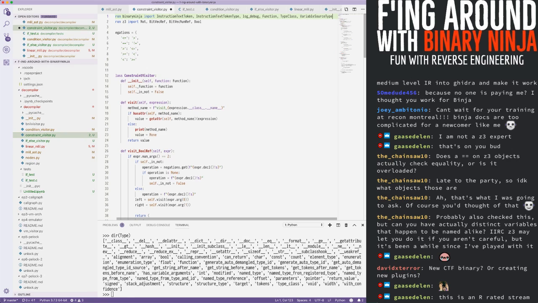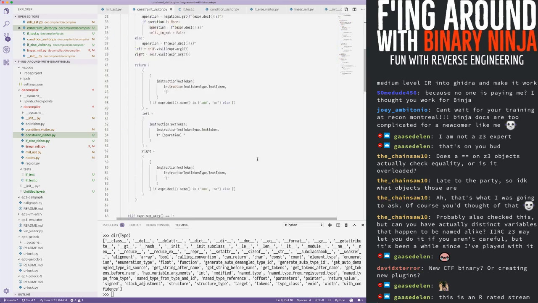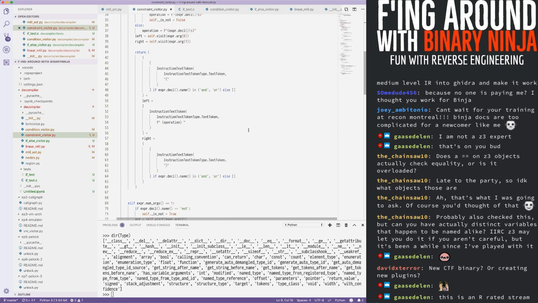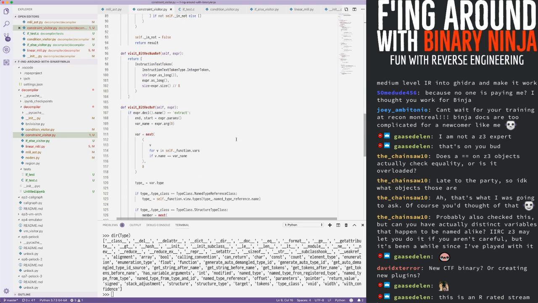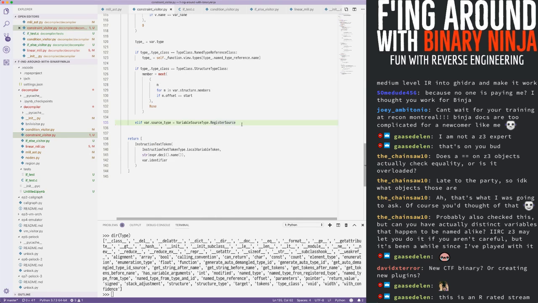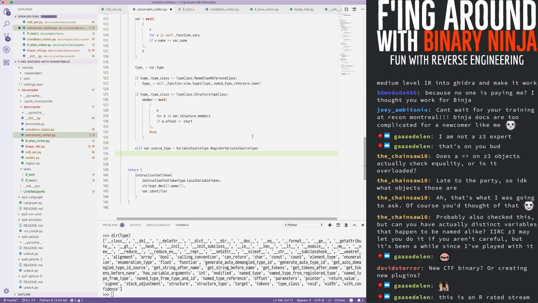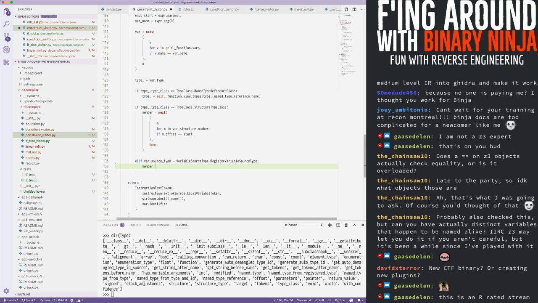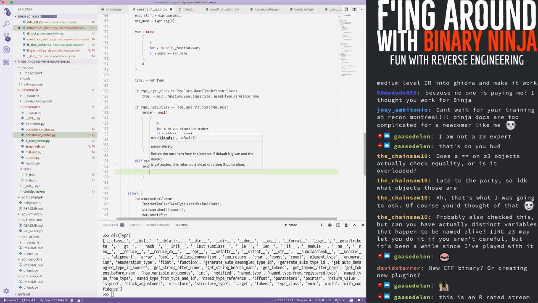Because this is the other thing that it could be. If it's not a structure, then the other thing it could be is register variable source type. It could be a register. So now we need to find the sub register, which means that it's going to be next